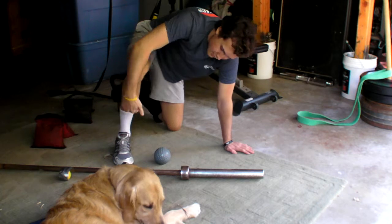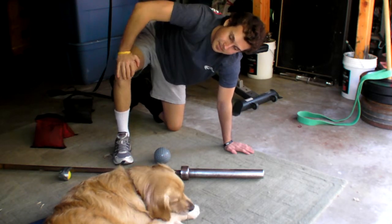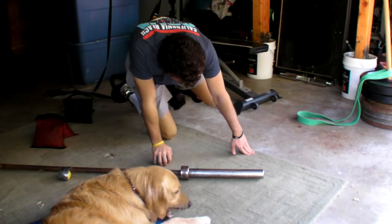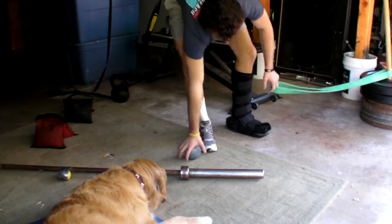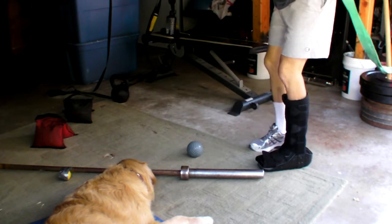Okay, so anterior tibialis, we're on that lateral side of that tibia. Okay, the other thing we're going to go after is the hamstrings. Okay, so why don't you get in the band,